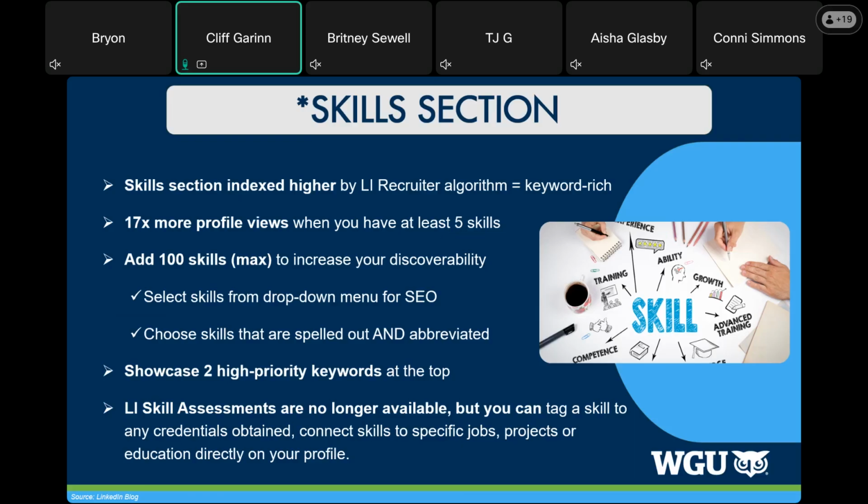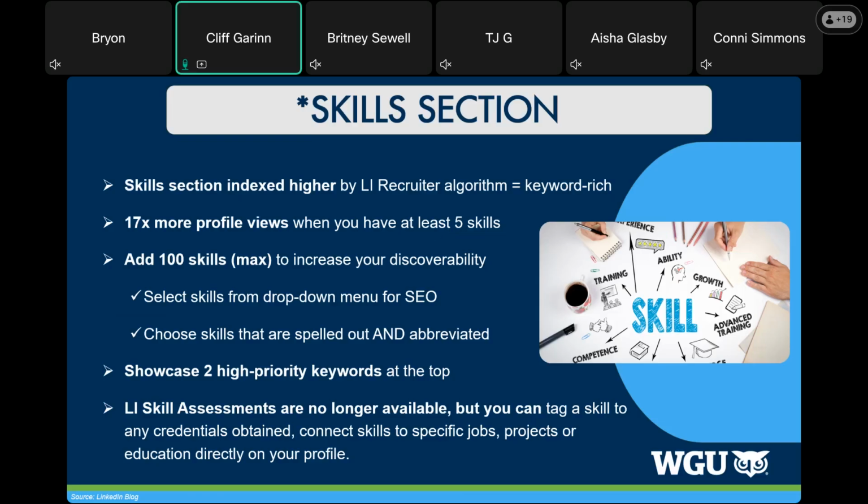When I look at a LinkedIn profile, I may only see 1 or 2 skills until I open up that section. So make sure that top 5 that I'm going to see first are the most important skills you want to get across to a recruiter, because 17 times more profile views are made when you've got those stronger skills listed at the top of your list.